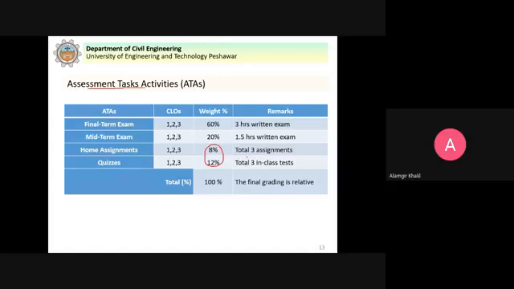Since this is a 3 credit hour course, there will be 3 in-class tests and 3 take-home assignments. If online classes continue, then we can have online quizzes. And we have 20% weightage given to the midterm exam, if we have a physical exam, a 1.5 hour written exam,